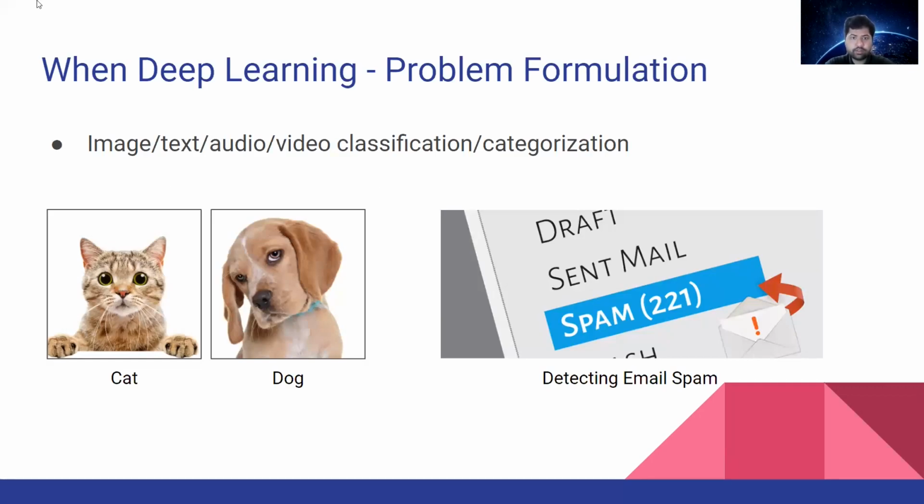Some of those categories are, for example, if we want to differentiate between an image of a dog or a cat, or build a system which detects if a certain email is spam or not. This is a categorization or classification problem, which deep learning solves very well. There is lots of literature on this. Then we have